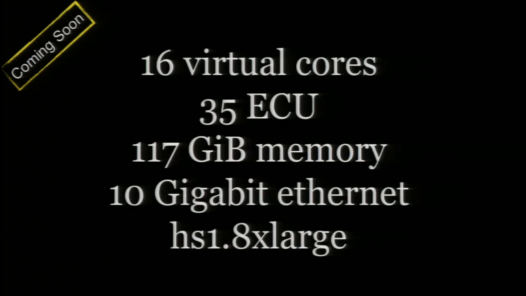And for that, we created a new instance type that's also coming in the coming weeks, called the high storage instance. A high storage instance has 16 virtual cores, 35 ECUs, so very similar CPU spec as the SSD instances that I talked about. They have 117 gigs of RAM on an instance. They have the 10 gig Ethernet network, that cluster network that we have talked about a few times. But the key is you get 24 individual hard drives. They're just provided to you as 24 devices. That's what you get. Each hard drive is 2 terabytes, so you get 48 terabytes of storage.